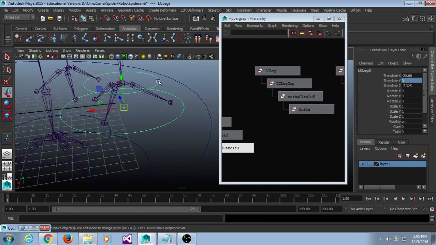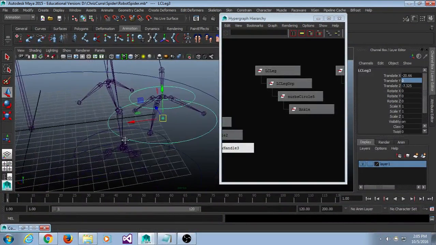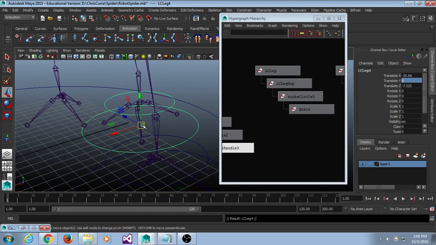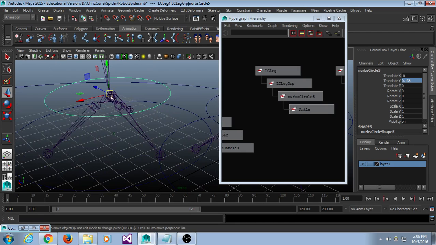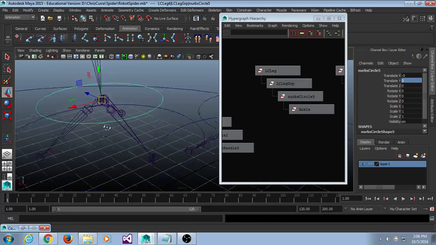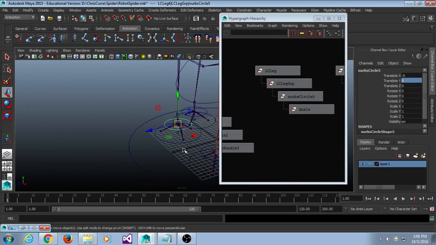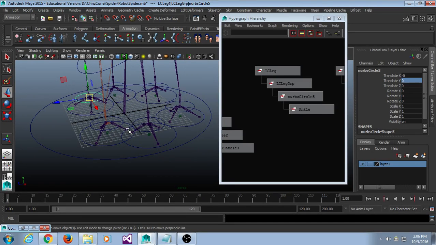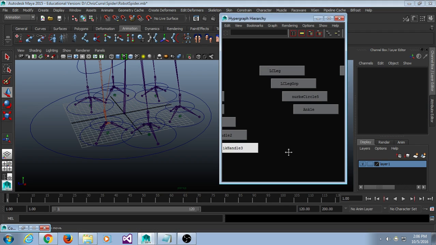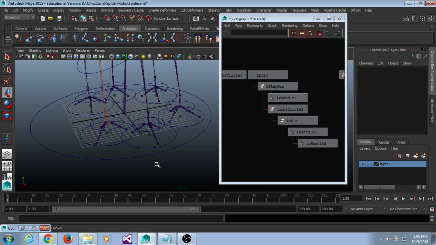You got it, Chris? We still need to connect these to the bones, though. But we're not going to do that just yet. We need to create the IKs. And we'll go through one leg at a time. Now on all these new structures, when you get them all created, we're going to need to